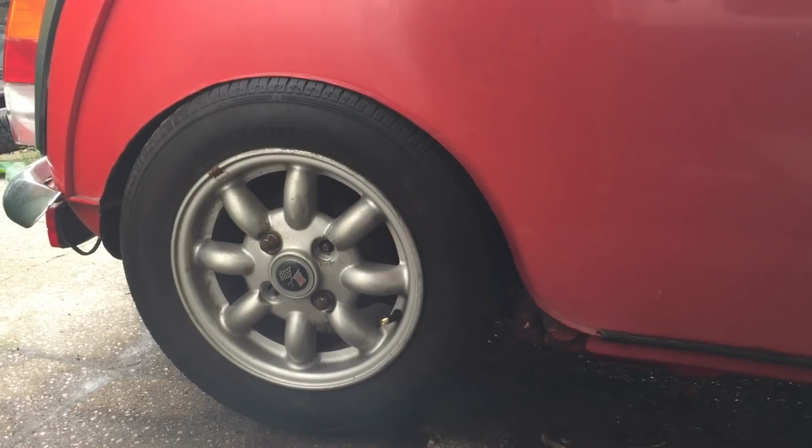So obviously you wouldn't be able to go any lower without tubbing your rear arch anyway, and at that point you might then have to create a new shock tower as well, because then you could raise the shock tower even more to make the car go lower. So I don't know how much more travel it's got. But to be honest, that looks not too bad at the moment, just sitting at a car show,